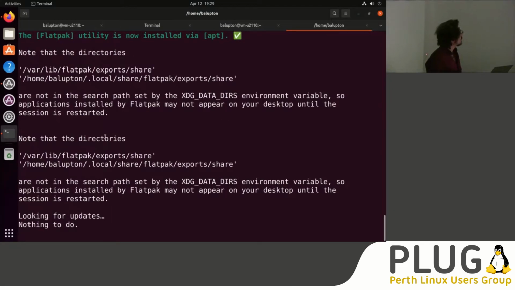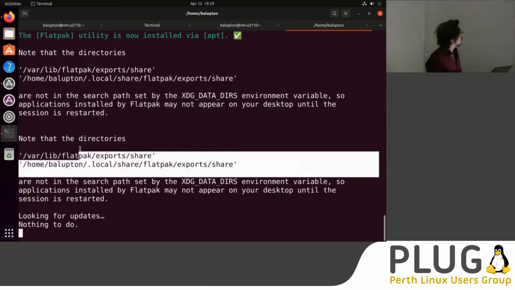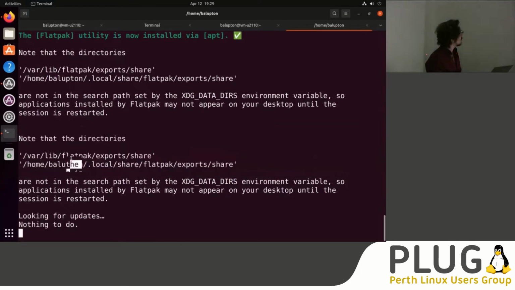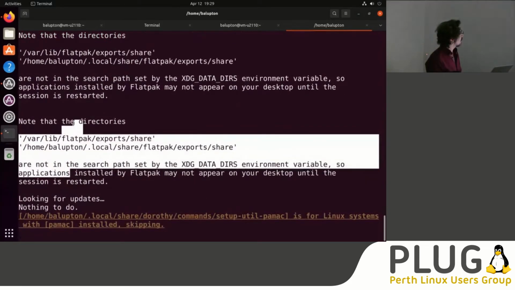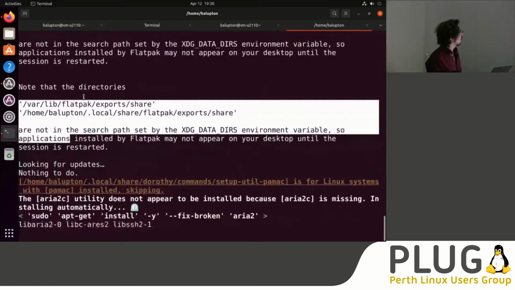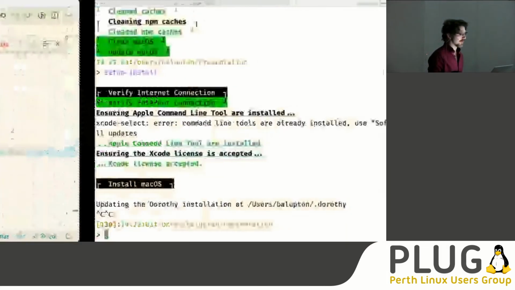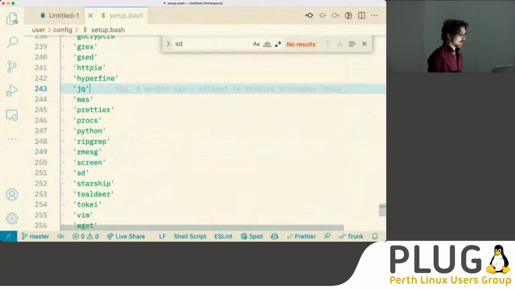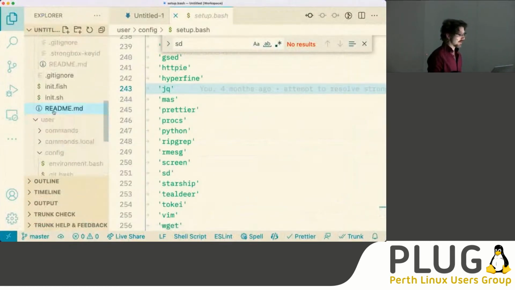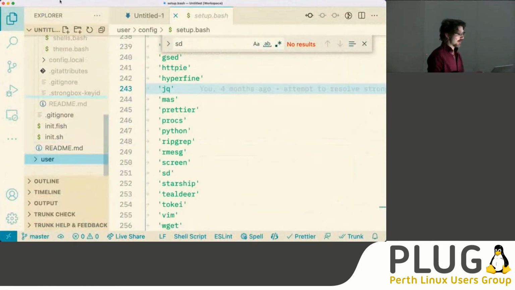So this is actually a good example of this type of configuration. Flatpak actually requires these things to be added to your environment. But Dorothy, when it detects Flatpak is installed, will add those things. So where does all this magic come in with Dorothy? So we start off, the way Dorothy works is you'll have your